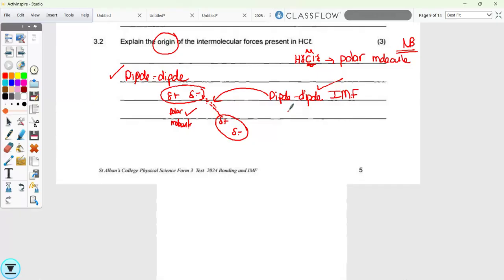London forces, ma'am? They're basically IMFs, but they exist in all of the substances, and they are predominant in noble gases and in symmetrical, non-polar molecules. Okay, guys, if the question does ask for London IMF, please know that you must be able to explain the origin of London as well. And if it asks for an H bond IMF, please know that you need to be able to explain